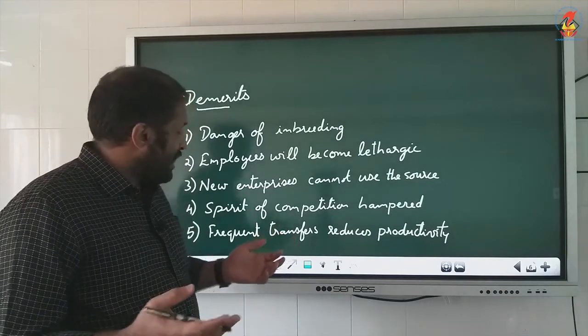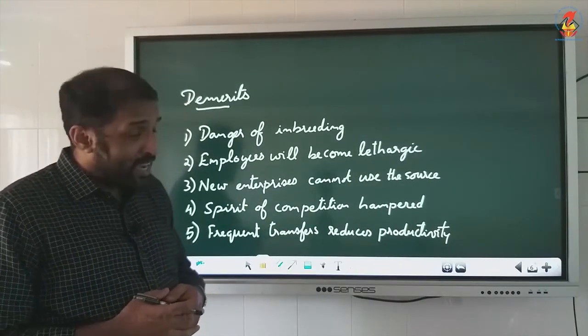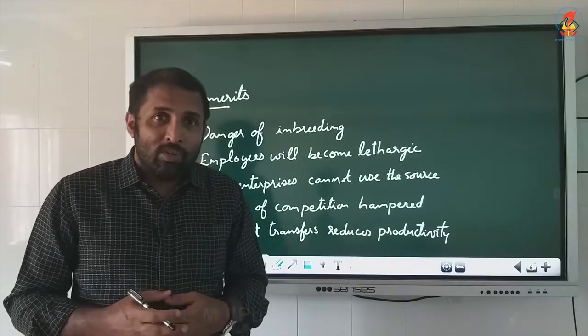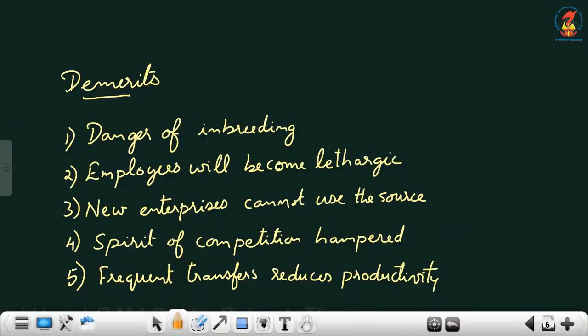And the last one is frequent transfers. That is regarding the source of transfer. When an employee is frequently transferred from one job to another, one department to another, they will not have an idea regarding or will not be well versed in what they are doing. Automatically there will be a slowdown in the work. That will affect the productivity. They will not be able to give their best because every time they will be learning something new. Once they are getting on track, by that time they will be shifted to another department. So that will bring down the productivity. That is also a problem.